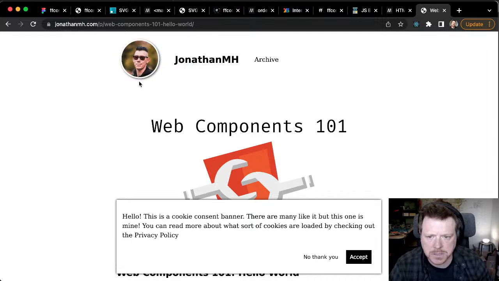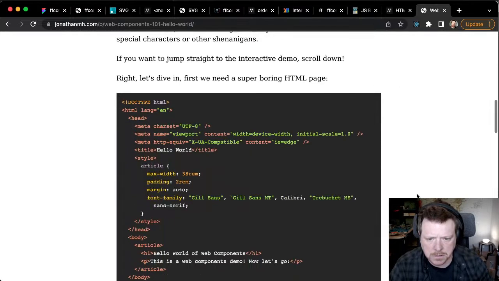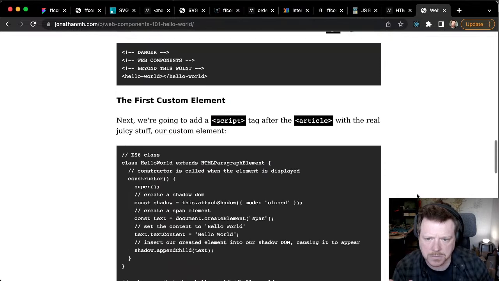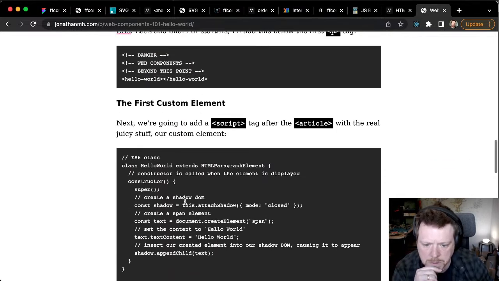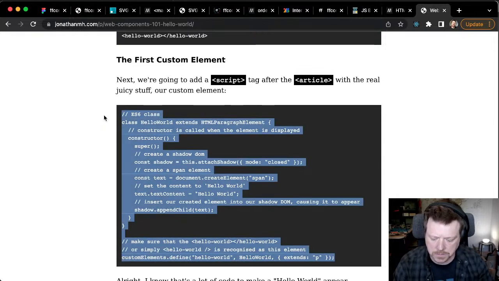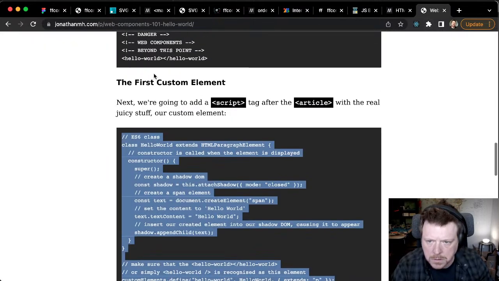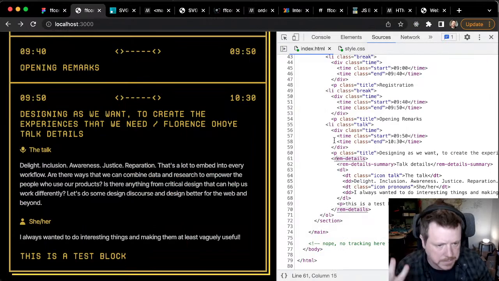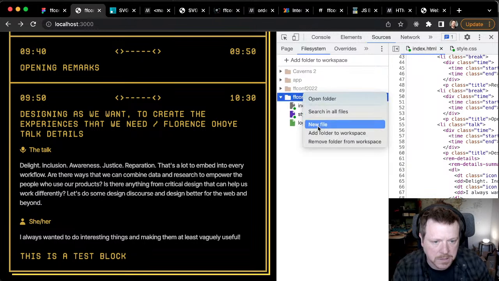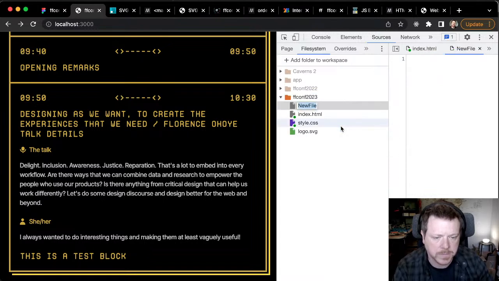Right, so web components from this guy. All I need is just a snippet of code to get me started. Right, so they're doing a hello world class define extends p. Right, that'll do as a starting point. Oh, yeah, it has to have a dash in it, right, to kind of register itself as a web component. So let's create a new file. Ooh, how do we create a new file? New file, and we're going to call it